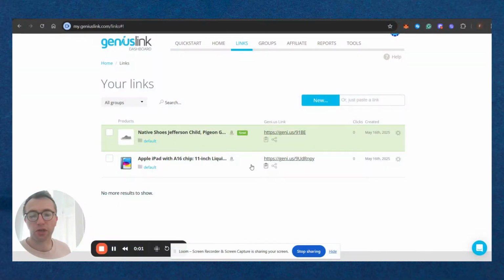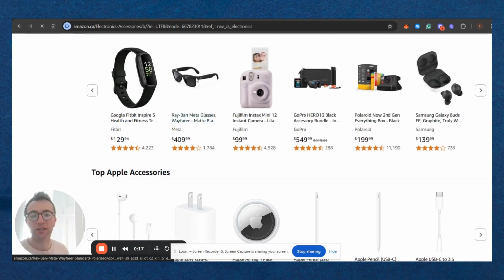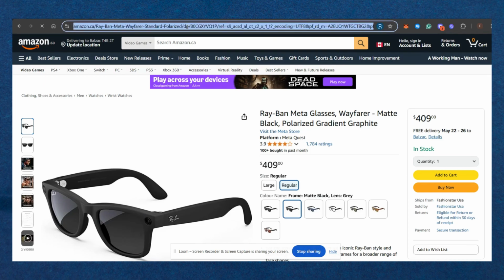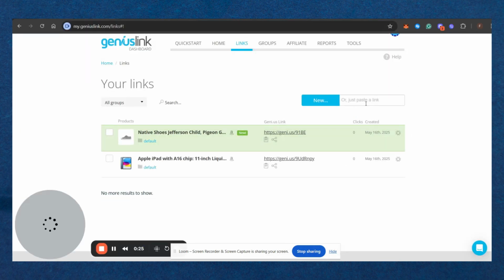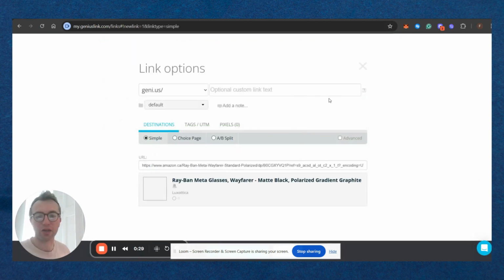So I'm just going to record a quick demo to go with this video, just to show you how Geniuslink works. It's quite simple. Basically you have your dashboard here. These are the products that I have made shortened custom links with already. So we're just going to go over to Amazon here and pick out a product to do this with from scratch. We'll go with these Ray-Ban sunglasses, and then you copy the link, bring it back over here to the dashboard, paste it in here, and then immediately you will see